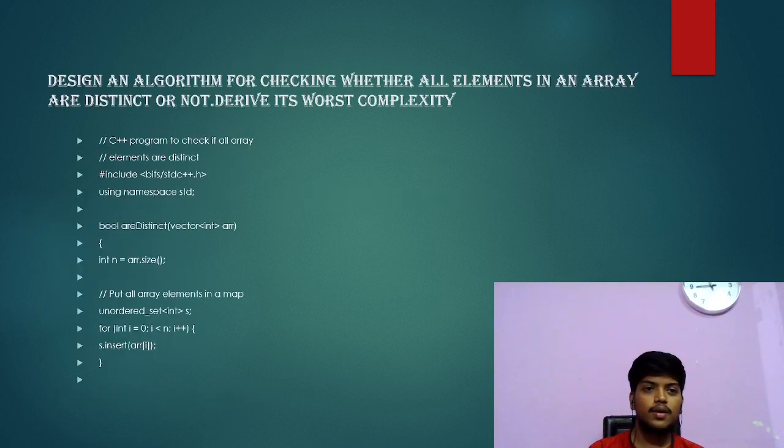And the fifth part is: design an algorithm for checking whether all elements in an array are distinct or not, and derive its worst-case complexity. There is a program for it which starts like: #include <bits/stdc++.h>, using namespace std. bool areDistinct(vector<int> array), int n = array.size();